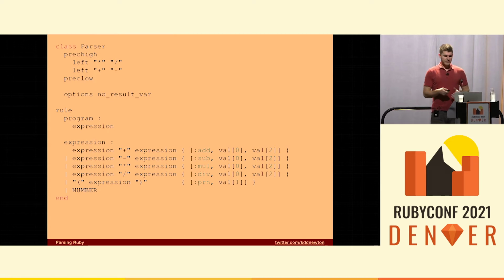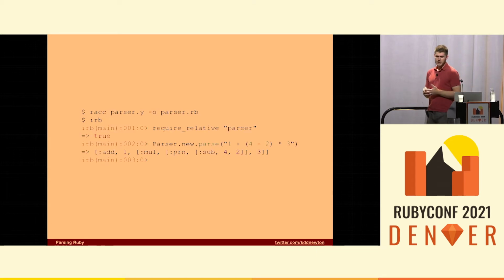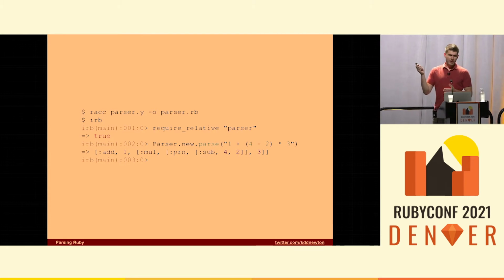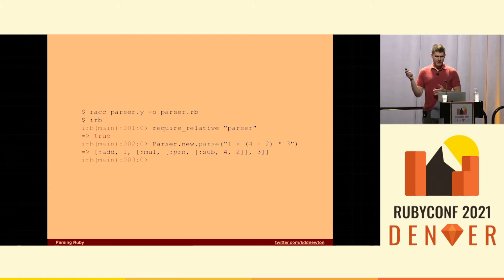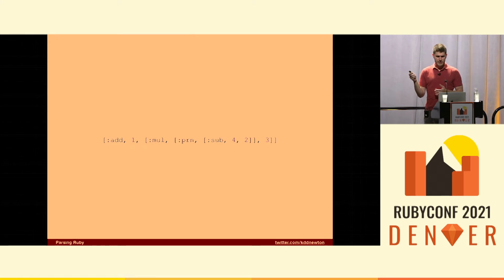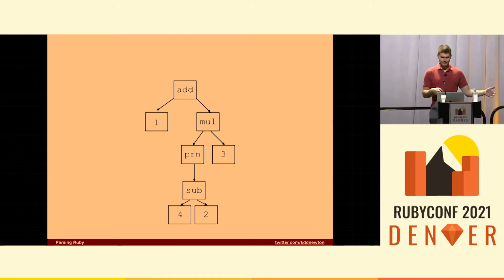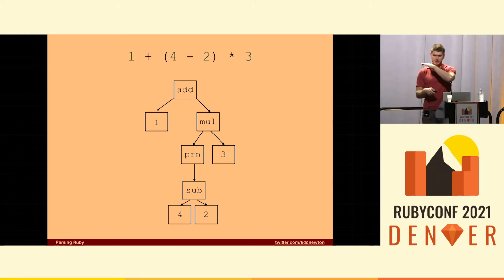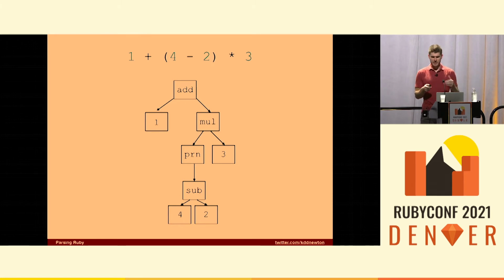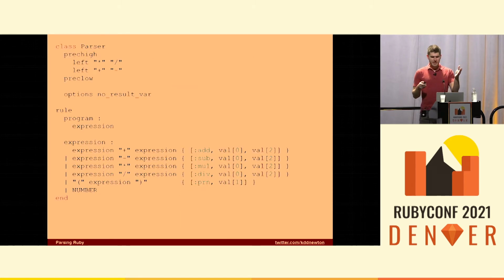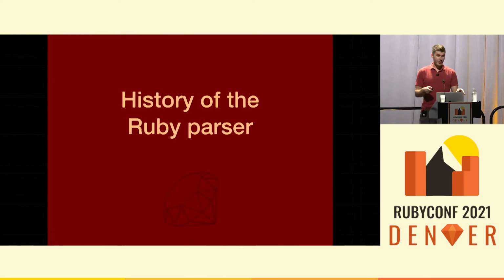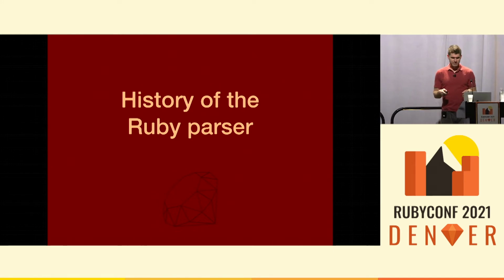If we take this file and we pass it through racc, and we build our file, and we go into IRB and we require it, and we parse it, you get this. This may not look like much, but it's kind of interesting because if we blow it up a little bit, this is actually a tree. This is a syntax tree. This is what we have built using our parser generator. If you look back at the source, you can see how that relates to it, and it takes care of precedence for us. Right, this was our original grammar, and this can build that kind of thing, and we're going to come back to this. Okay, we're actually on track here for time, so it's good progress so far.